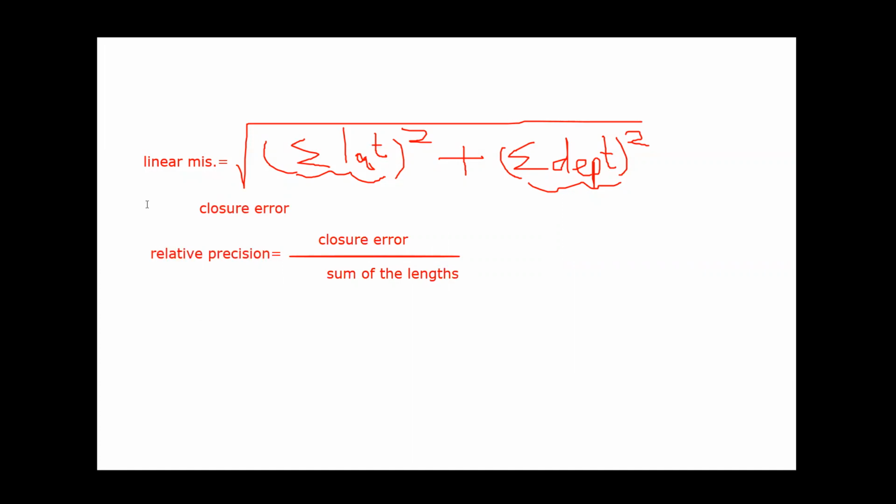So let's do this for our case. In our case, our linear misclosure, which is the closure error, equals